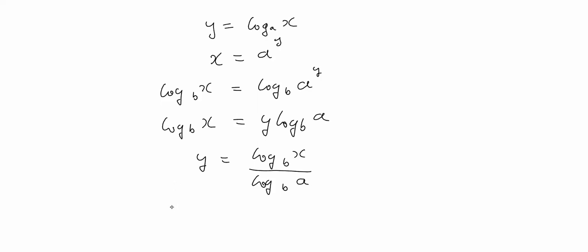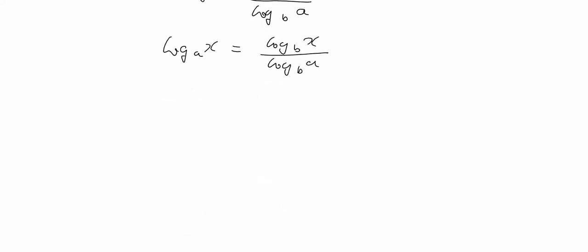So we have the result log of x to base a equals log of x to base b over log of a to base b. Therefore we have written the logarithm of x to base a in terms of the logarithm of x to another base b. So for instance, log of 5 to base 3,